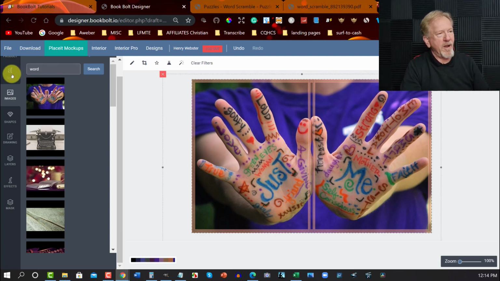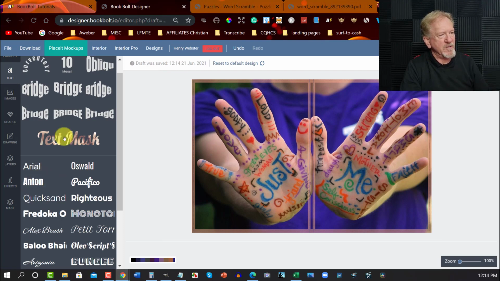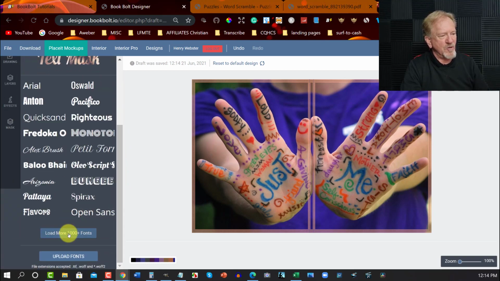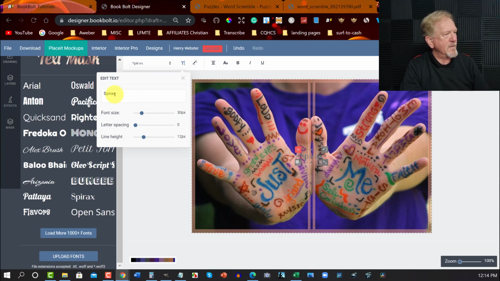And of course you now want to add your text, which I'm going to be using here. Try and avoid these texts. They're a bit too hard and a bit funky to work with. Now you've got options to choose over 1,000 fonts, but for the sake of this one, I'm going to be making this one fairly simple and fairly straightforward. So I'm going to be making this one, I might make it this one here. And I'm going to call this one here